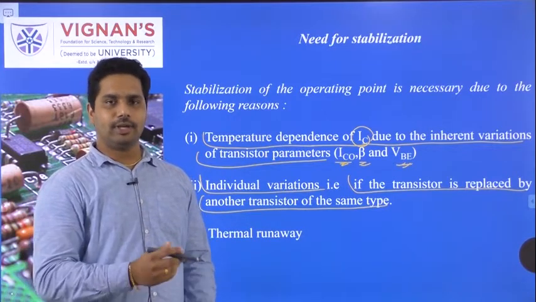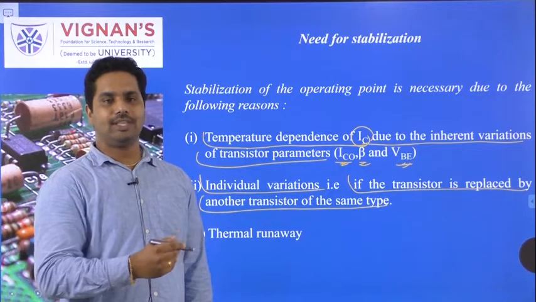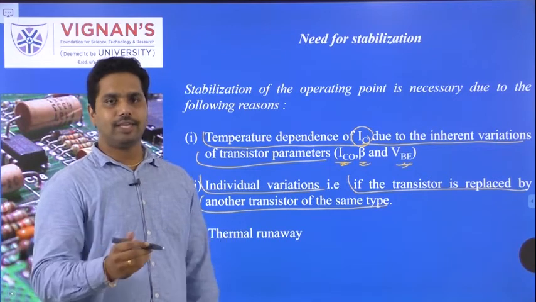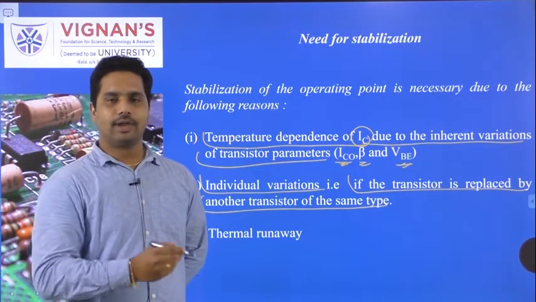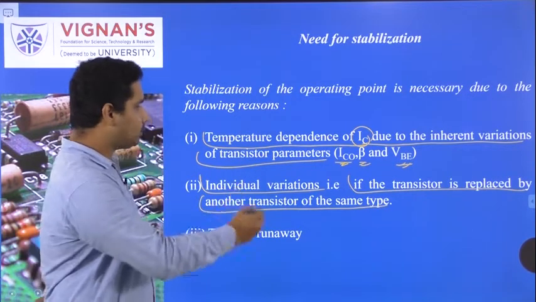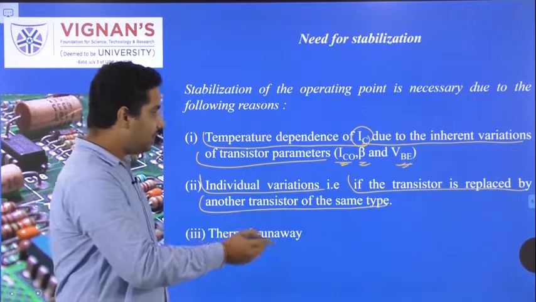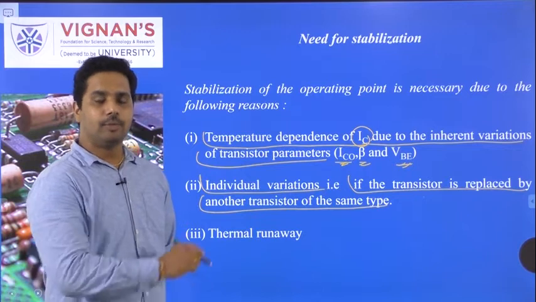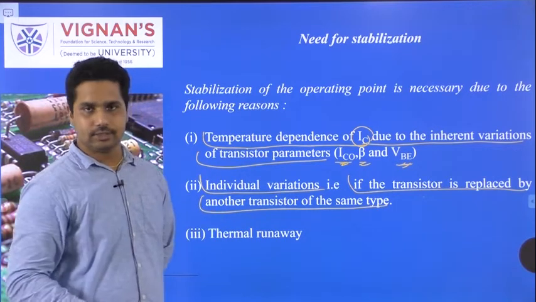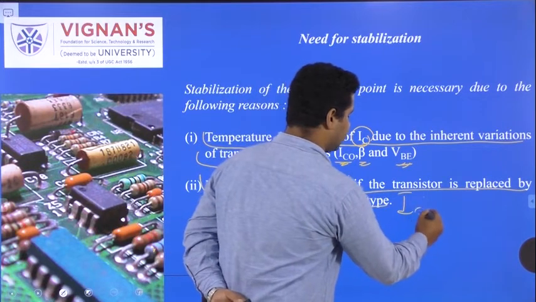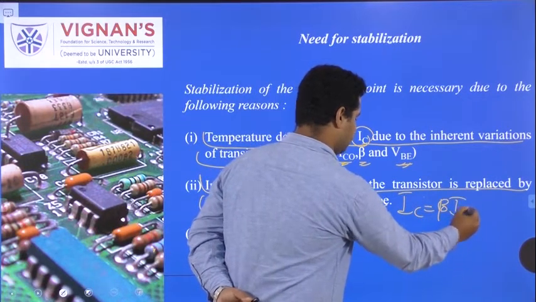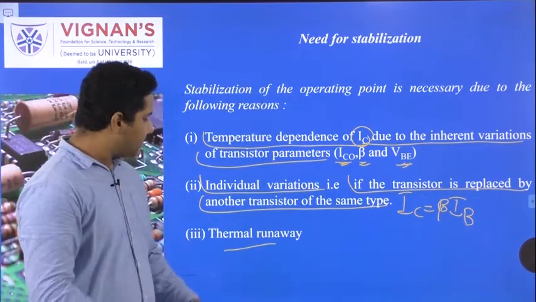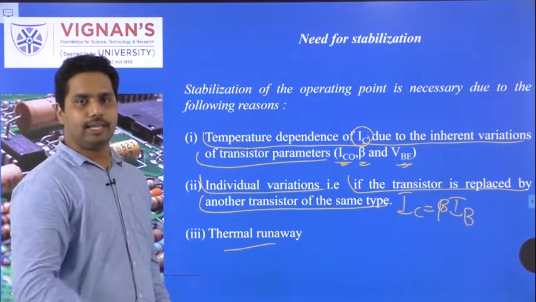But it is very difficult to obtain two transistors with the same beta value. Okay, the beta will have a range of values, right? So it is very difficult to find two transistors with the same beta value. So if because of some reason one transistor gets damaged, we will replace the transistor, right? When you are replacing the transistor, there will be a change in beta value. So because of that, what will happen? The collector current will change, because you know that the collector current IC is what? It's equal to beta times IB. And finally, thermal runaway. And this thermal runaway is a very interesting topic. We will see it in the next slide.